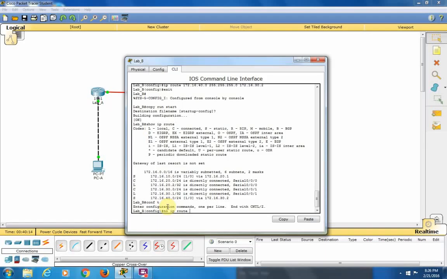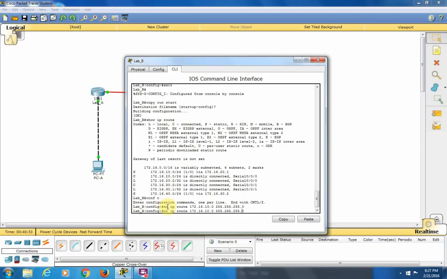Kind of like reminding myself more than anything on this. 172.16.10.0 255.255.255.0. And then you can also get rid of the 10 network, the first network, and the fourth network, because